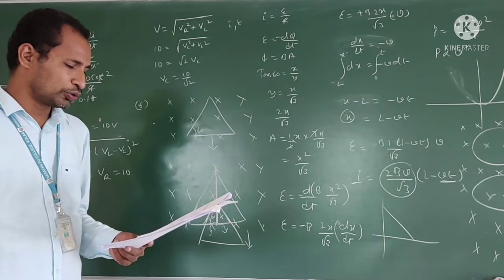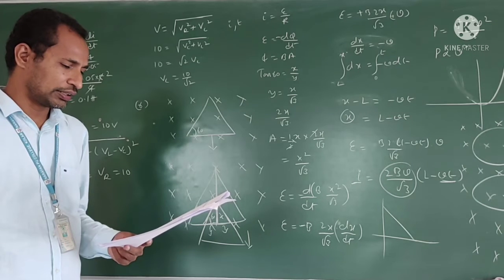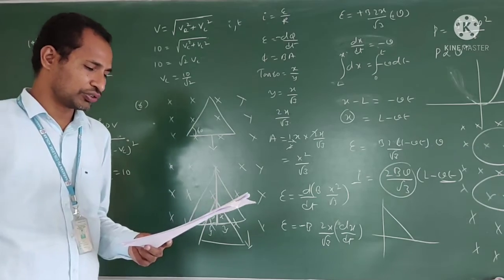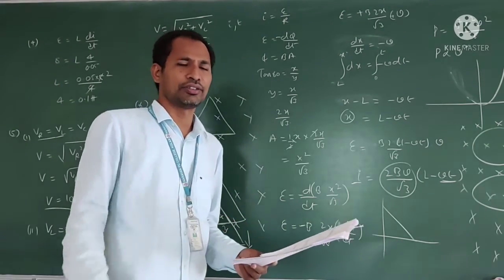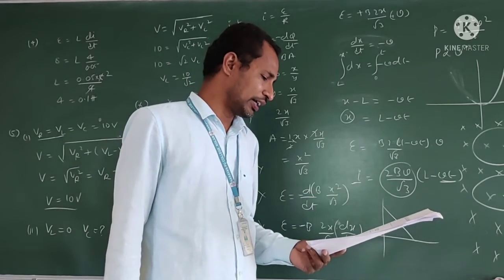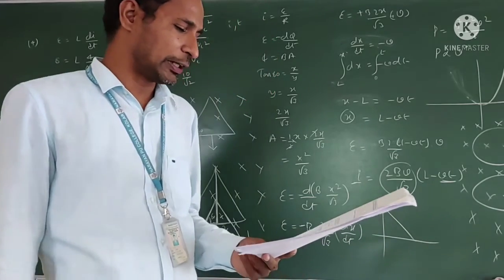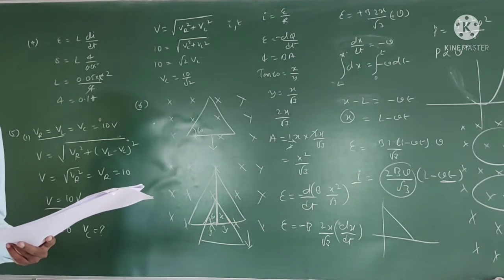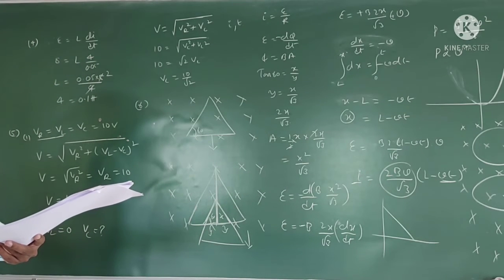Next, ninth one. A and B are two metallic rings placed at opposite sides of the infinitely long straight current-carrying wire shown in the figure. The current in the wire is slowly decreased. The direction of the induced current: you can follow Lenz's law and you will get the answer. Anti-clockwise in A, anti-clockwise in B. Follow Lenz's law.